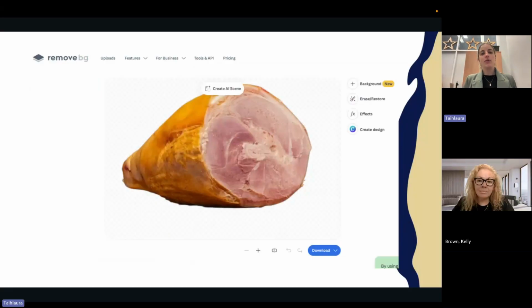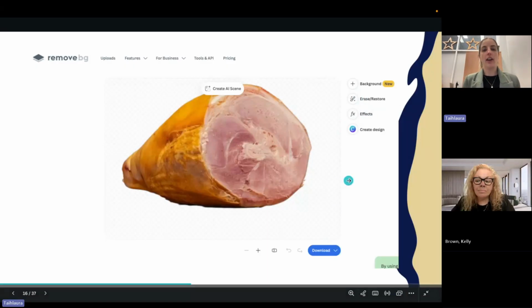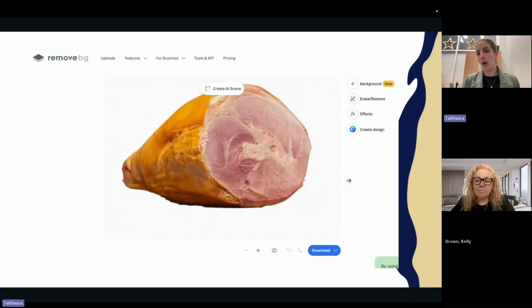So the next tool is Remove BG. This is the one that I mentioned where you could upload a photo and then you could remove the entire background if you wanted that all removed, or if you wanted to just erase certain parts of it. Maybe there was a rubbish bin in the background that you didn't want to keep in there. So you can upload your original photo, and then it'll perform its work to actually remove the entire background or erase certain parts of it. You can add effects, and then you can download that, ready to utilize as an image wherever else you would like to use it.